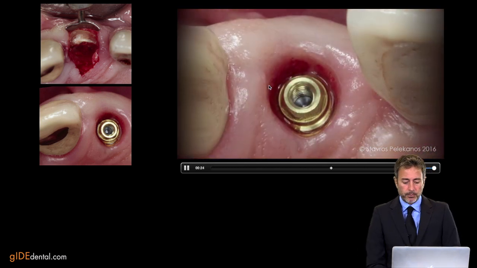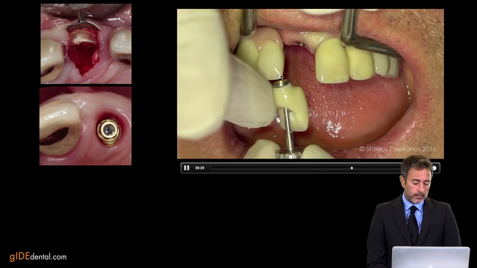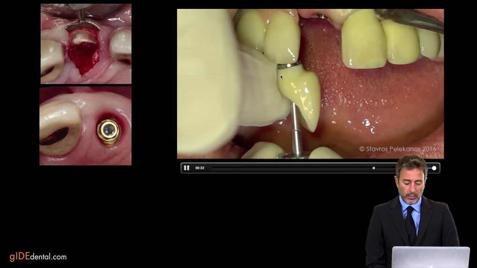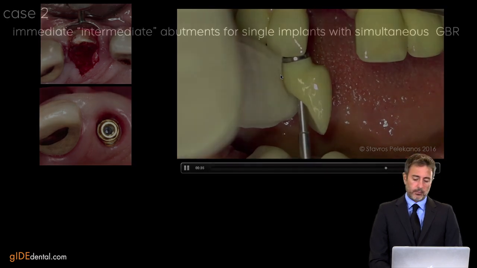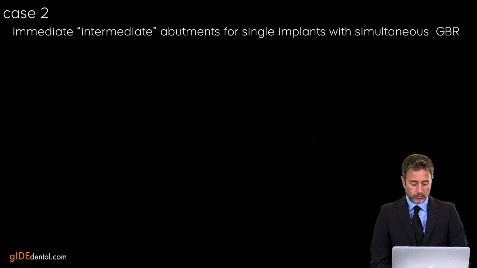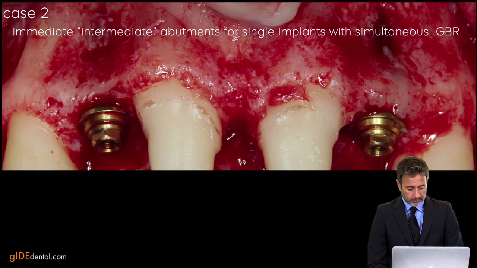But in cases where we have a thick biotype and a patient that cleans, then we are able to do it. Of course, it's possible, and we use this technique, the immediate intermediate abutment concept, also for cases where we have GBR, a guided bone regeneration procedure,